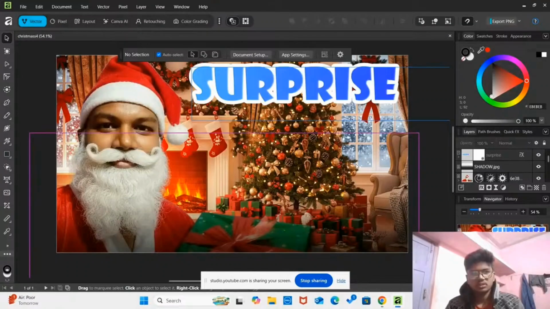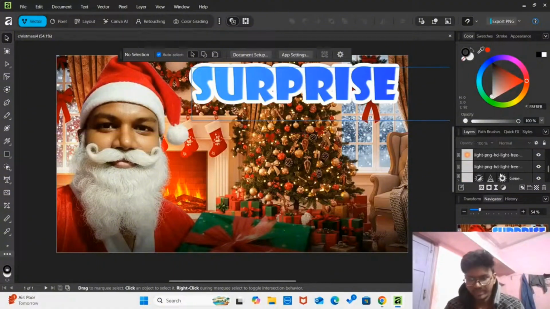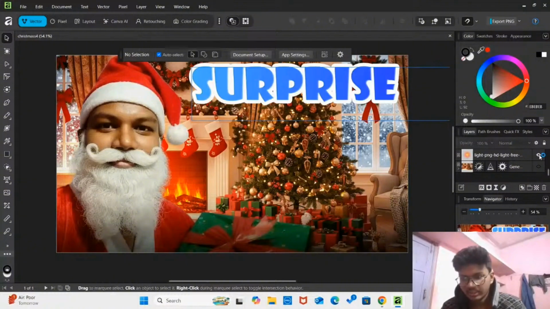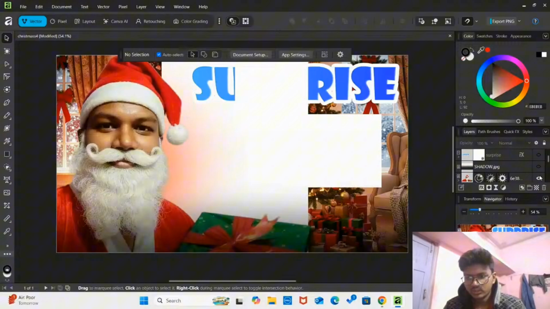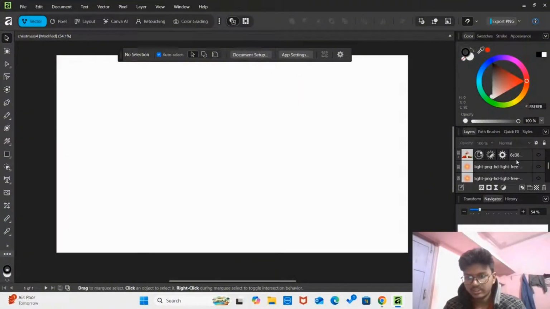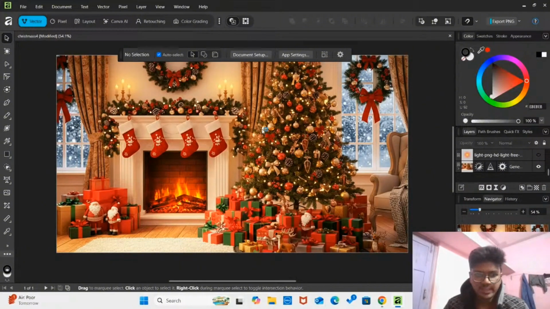So this is our AI thumbnail which we made in 30 minutes using AI, and you can make it in 5 minutes. I can show you all the layers here so you can understand it properly. And here are the layers with us. We have to first of all close all the layers' visibility, then I will show you. So first of all, we created a background. You can see the background here, and this background is from AI.